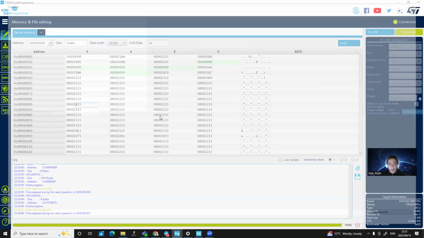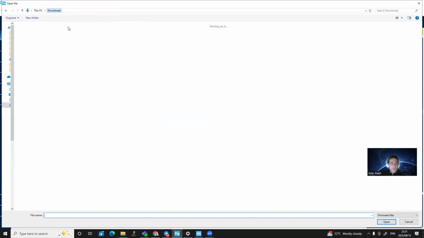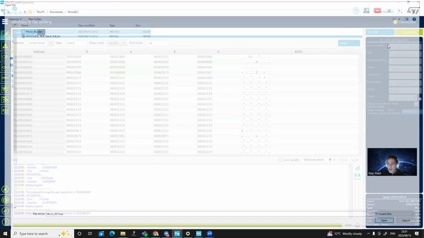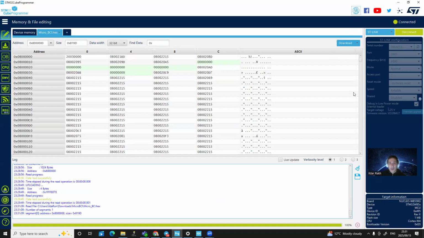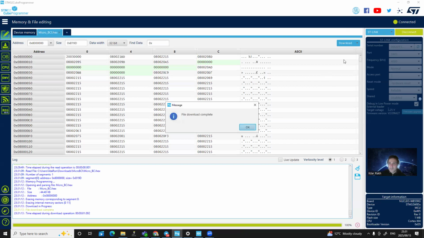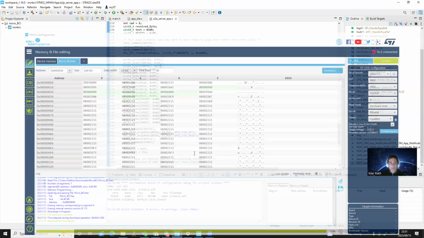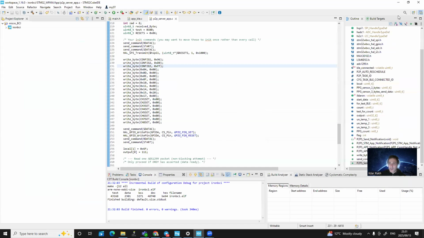And again, open file, MicroBCI, and as you can see, MicroBCI point hex. And again, just download. I can do it here. File download complete, disconnect. So from this moment already, you have the opportunity